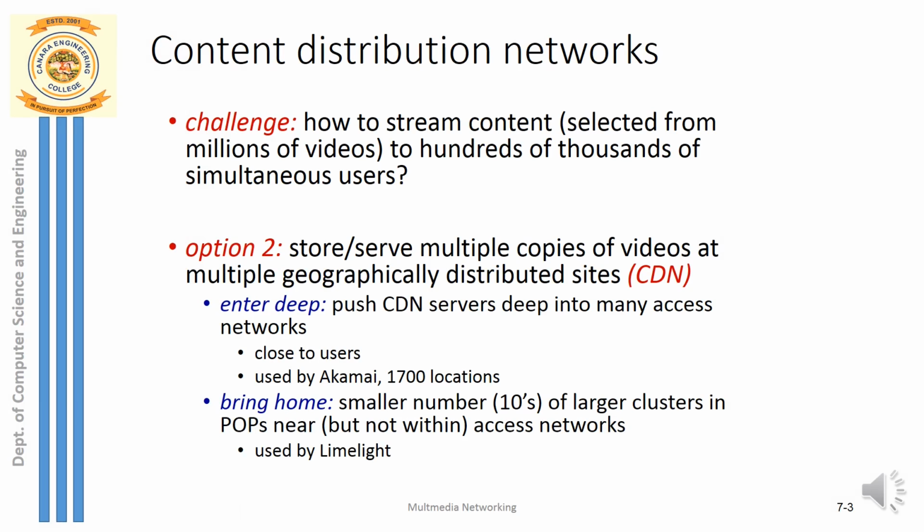So what can we do over here? We have an actual server. Let me call this the original server, the YouTube server. And I have a client located somewhere in Mangalore, and the original YouTube server is somewhere in the US. Now our client in Mangalore cannot send the request to the YouTube server located in the US. Definitely it will take a lot of time to send the request there itself.